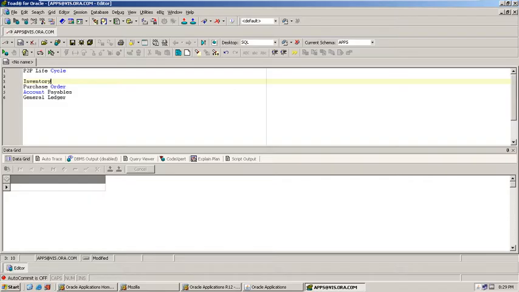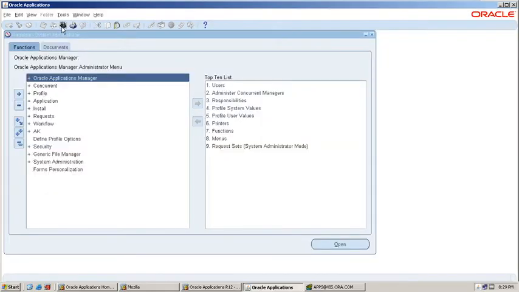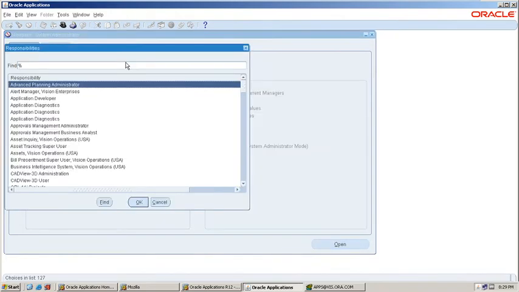First, the P2P cycle will start from the inventory module. In the inventory module, we will create items. Now, navigate to the inventory module responsibility, Inventory Vision Operations.